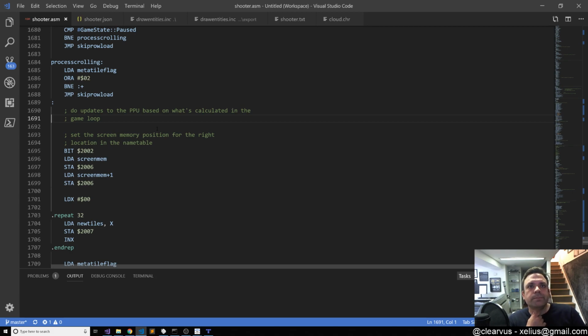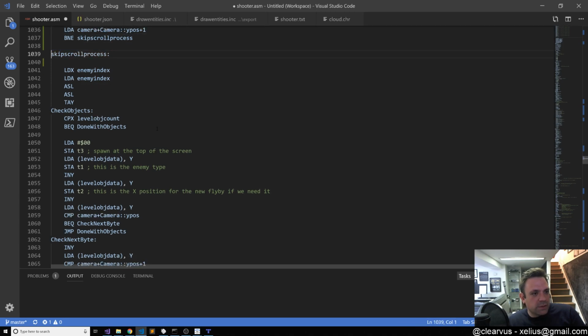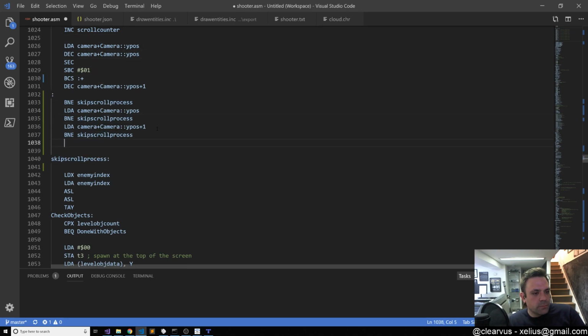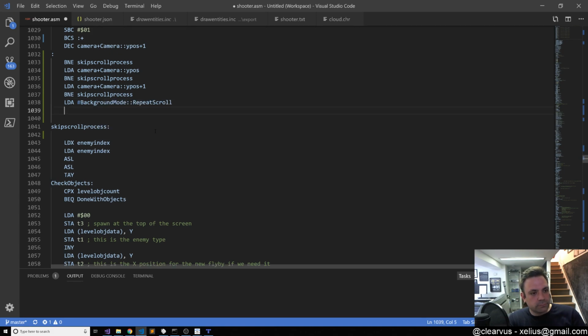Or when scrolling without writing to the name table or attribute table, just scroll existing contents. Yes, it would. Well, you know, that's a good point. We could do that, right? So basically what we would do then is we would load that, right? And then